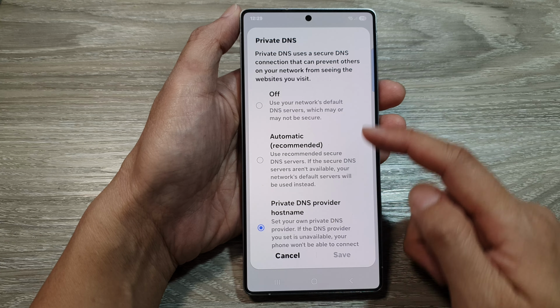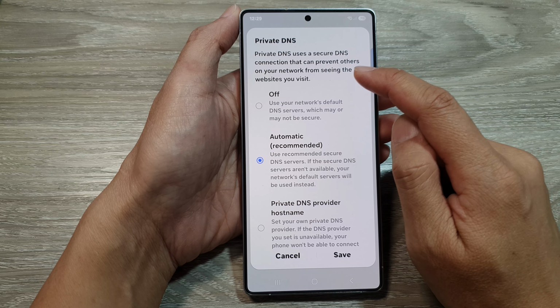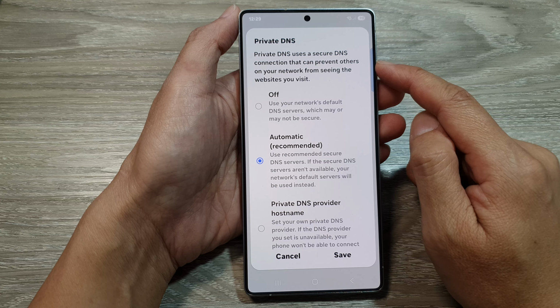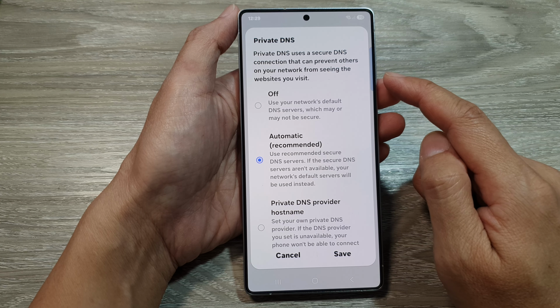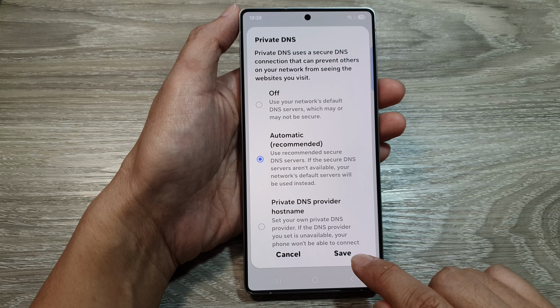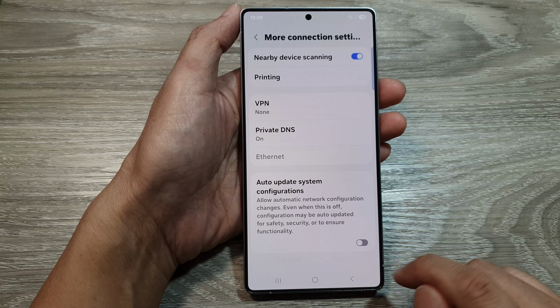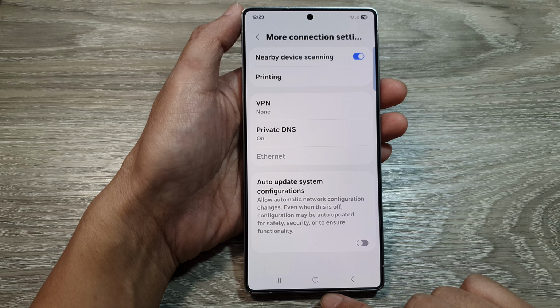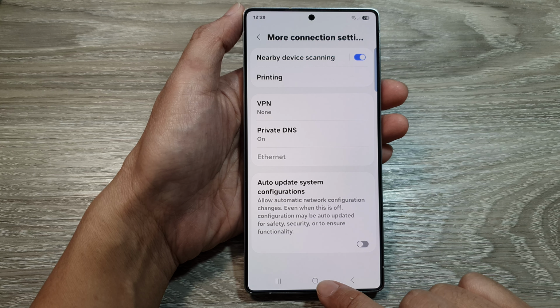Now here's a private DNS uses a secure DNS connection that can prevent others on your network from seeing the website you visit. Finally, tap on the save button to save the changes. And that's it. Finally, tap on the home button to return back to the home